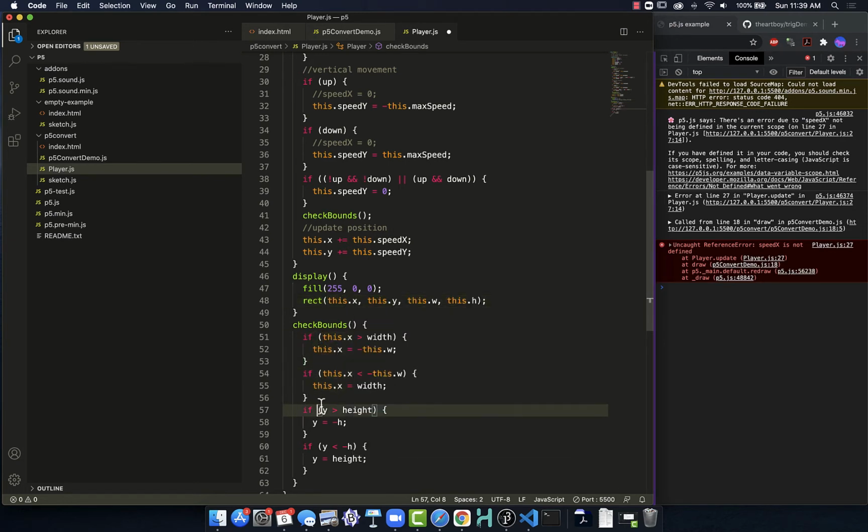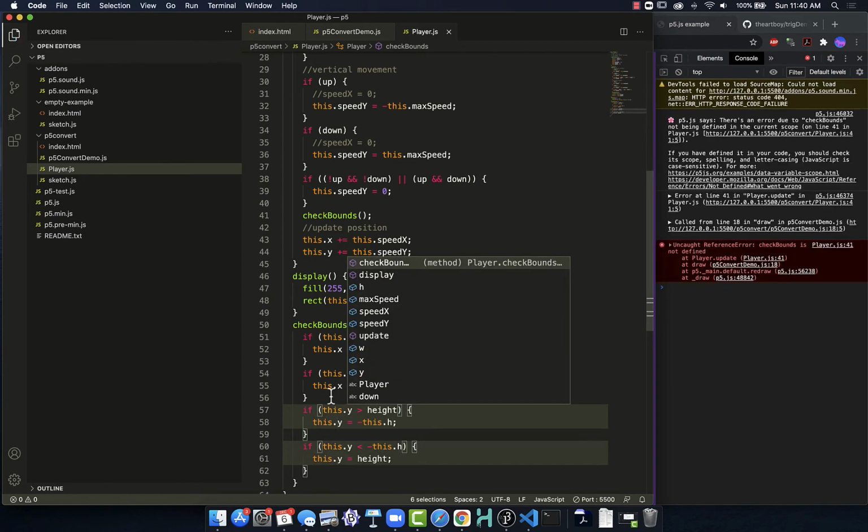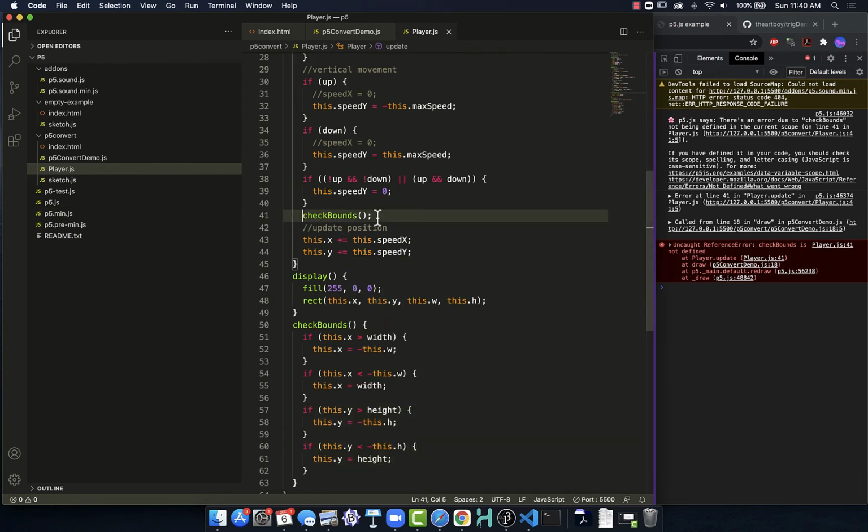So this dot, repeat. Now here, notice again, height and width belong to the full spelled out words. Those are part of the main program. This dot. Now save it. Let's see what happens. And checkBounds is not defined, line 41. No, because when I'm calling this function,